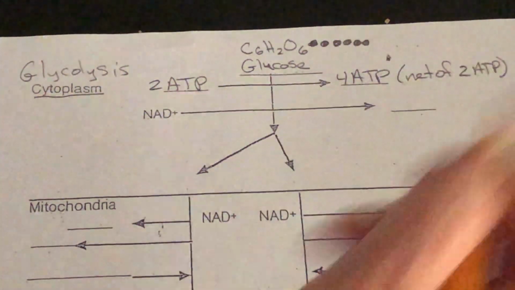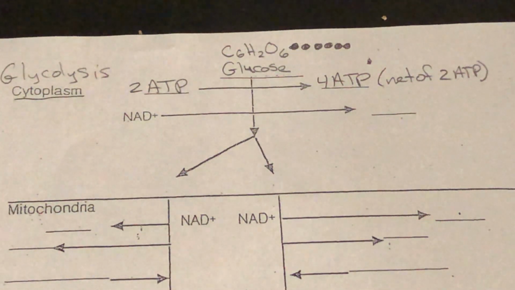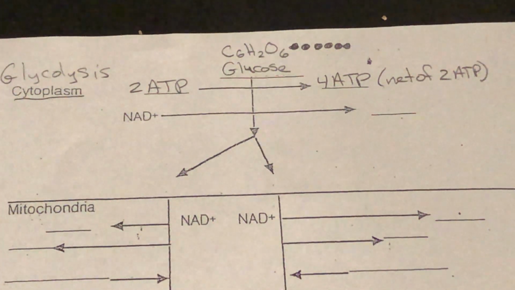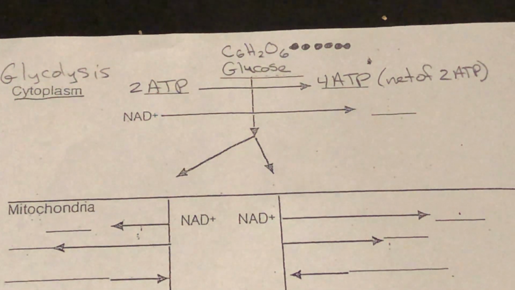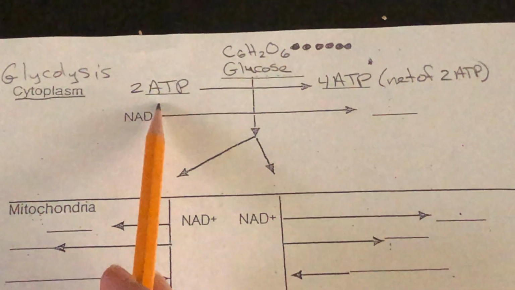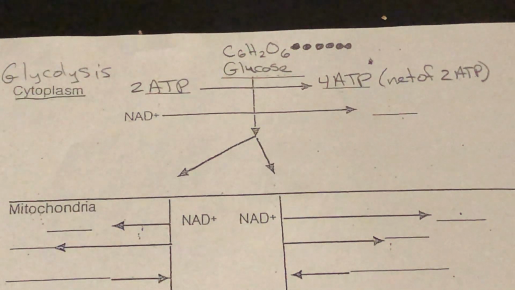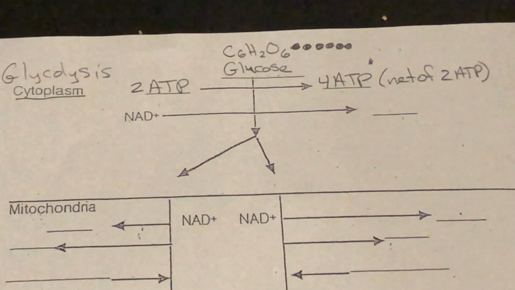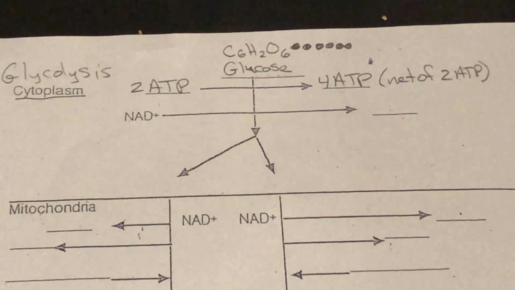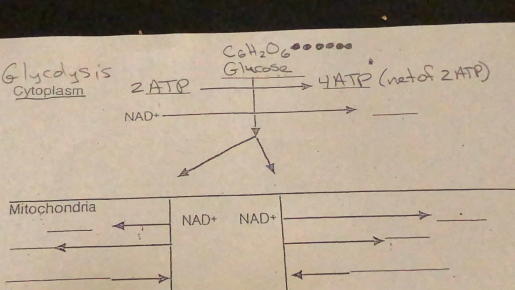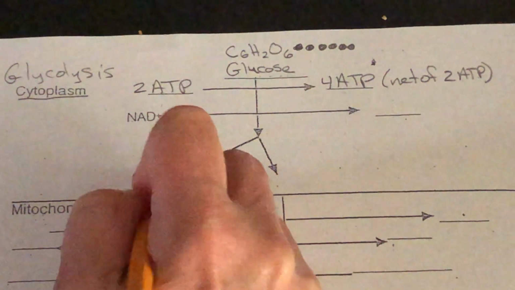Remember, it's just like playing the lotto. You pay $2 for a ticket, and ooh, you made $4. No, you didn't, because you paid 2 for the initial ticket, so you only made $2, but you still made 2. So that's the payoff here. We call this the energy investment phase versus the energy payoff phase, because the process of cellular respiration is not only to completely disassemble and break down a glucose molecule, but also to produce ATP. So if I'm going to break this in half, I'm going to put 3 carbons over here